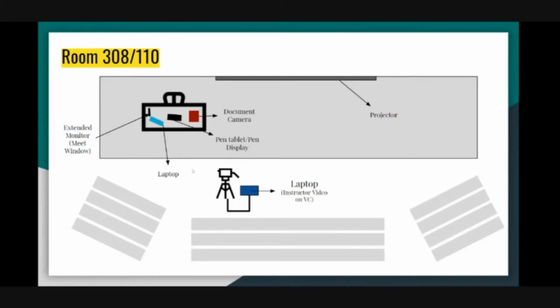What you need here is, firstly, your own laptop. You can have an external monitor. Like yesterday we were talking, if we are using a pen tablet and not a pen display for writing, for digital board work, then an external monitor would be helpful, right? If it is not a pen tablet but a pen display, you can already see everything you are writing on the tablet. In that case, you don't need this external monitor.